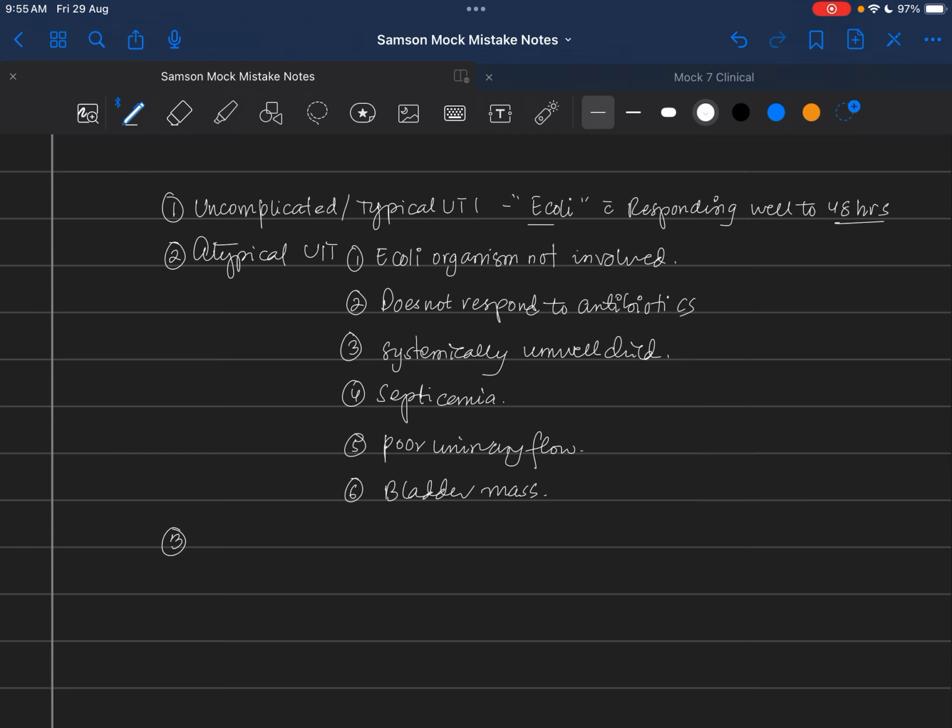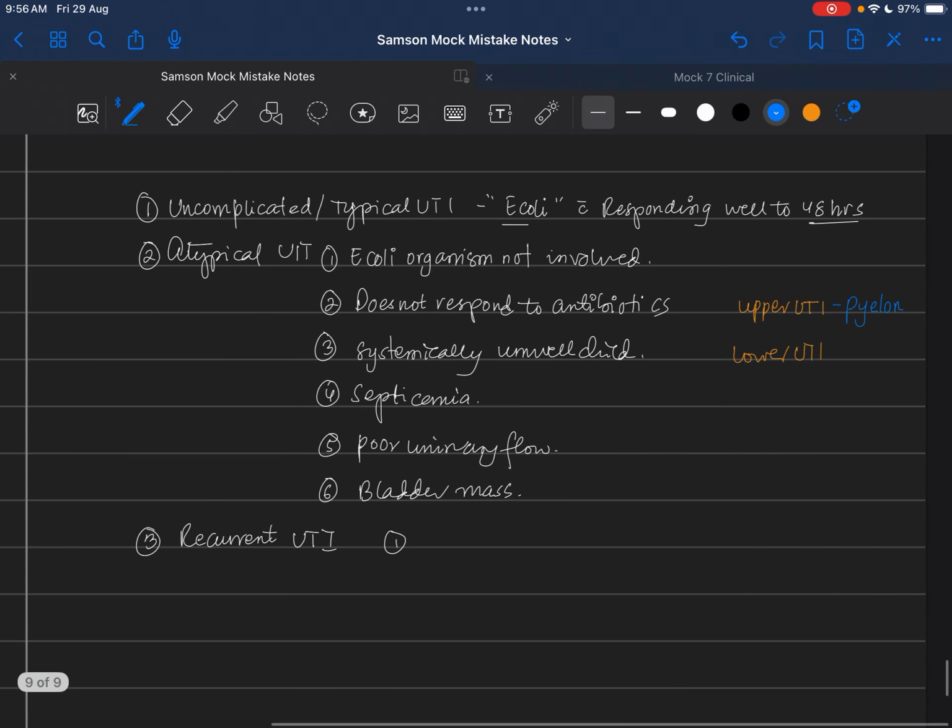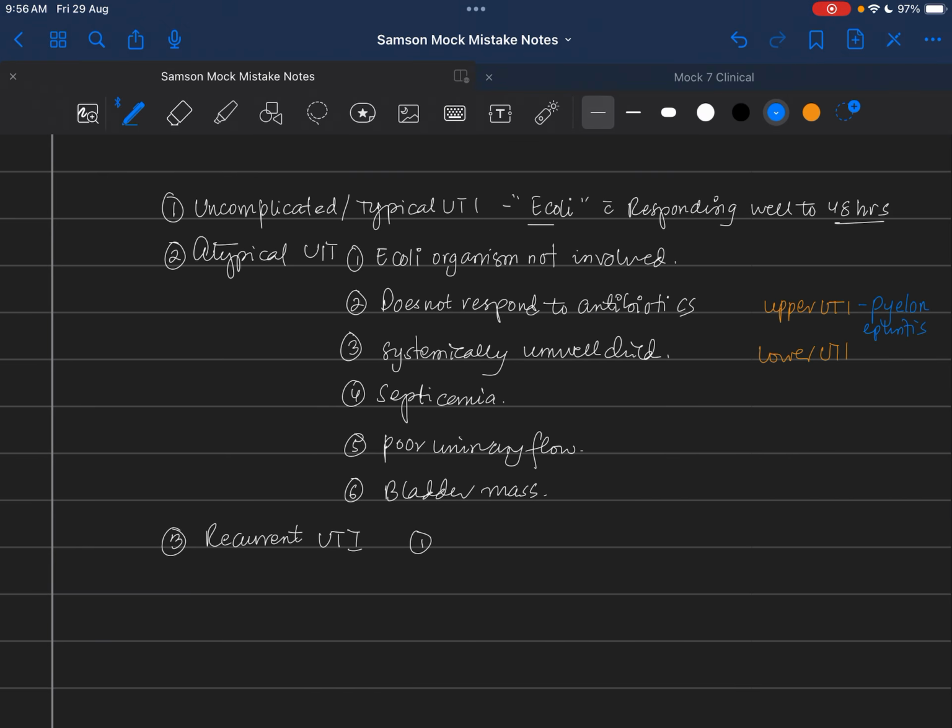Now, what is recurrent UTI? To say recurrent UTI, what we need to understand is what is an upper urinary tract infection and lower urinary tract infection. So an upper urinary tract infection would mean pyelonephritis, and a lower urinary tract infection would mean either cystitis or urethritis or a combination of both. All right, so pyelonephritis means infection of the kidneys and the renal pelvis. Okay,